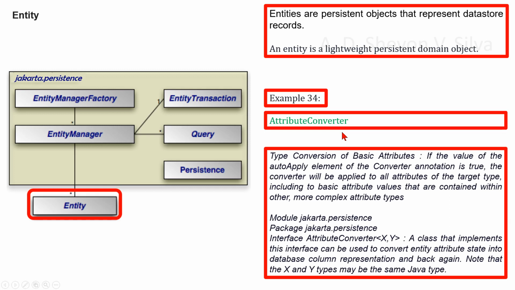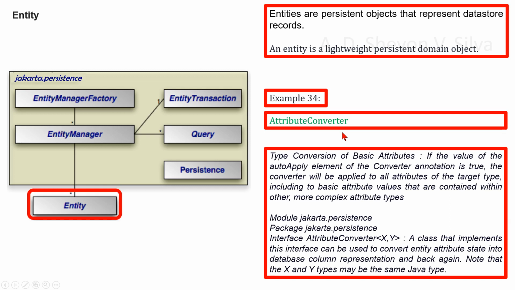If the value of the autoApply element of the Convert annotation is true, the converter will be applied to attributes of the target type, including basic attributes contained within other, more complex attribute types. Attribute converter classes in a Jakarta environment support dependency injection through the Contexts and Dependency Injection API (CDI) when CDI is